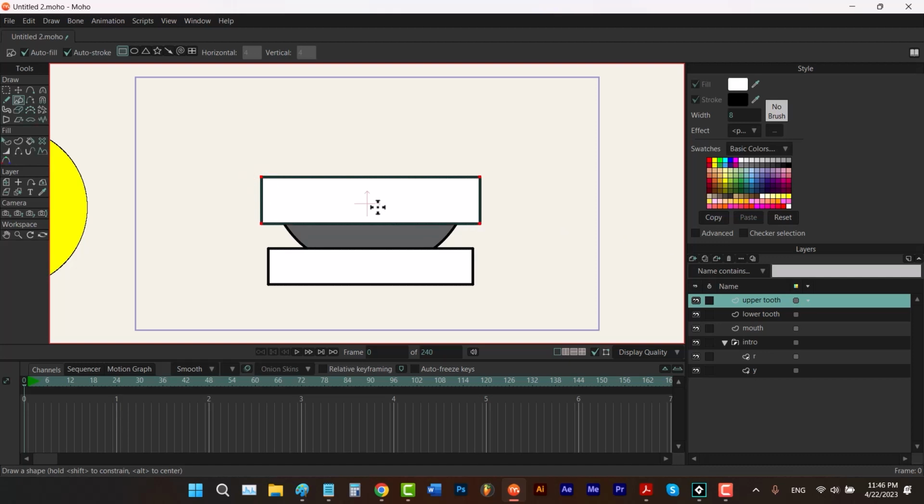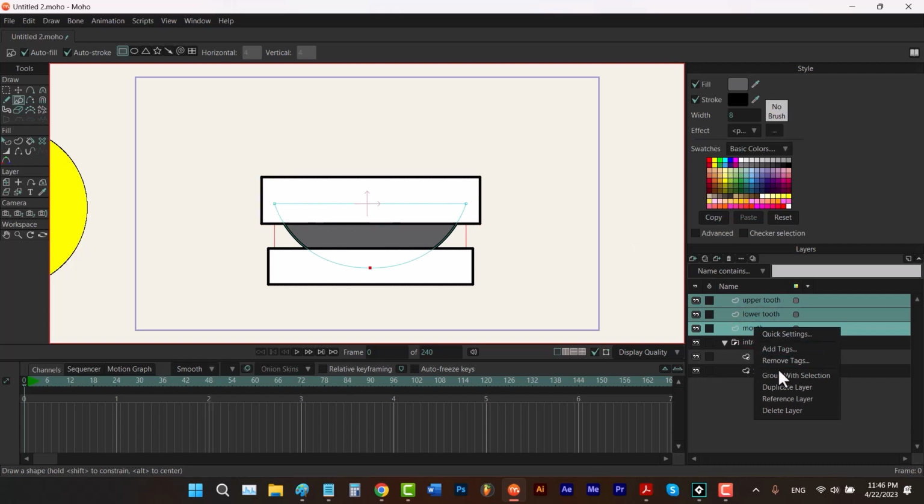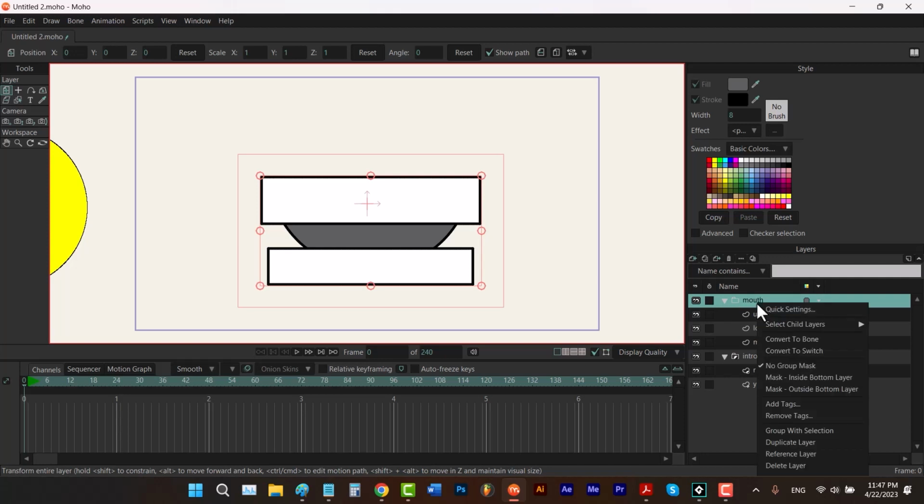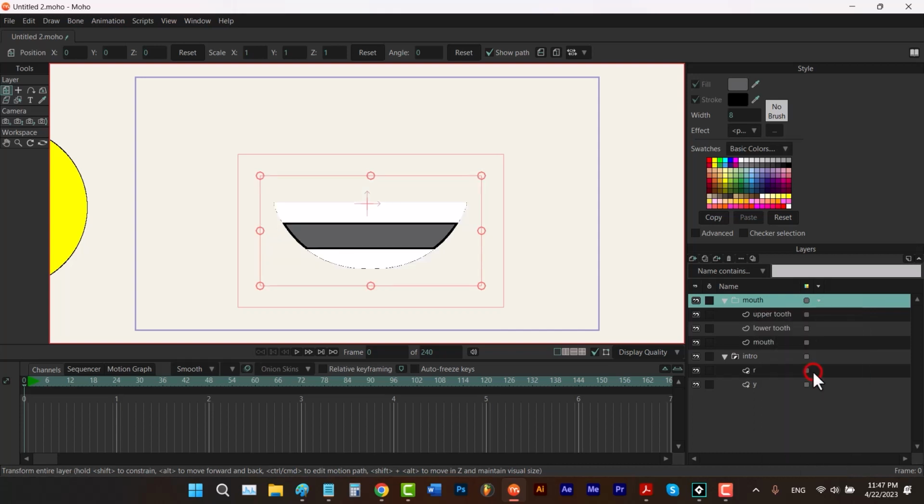Now by holding down the shift, I'm going to select the bottom layer, right click on them and choose group with selection. Let's call it mouth again. I'm going to hit enter to confirm, then right click on the group and choose mask inside bottom layer. And it's going to only show the part of the teeth that is inside the mouth, and the rest of